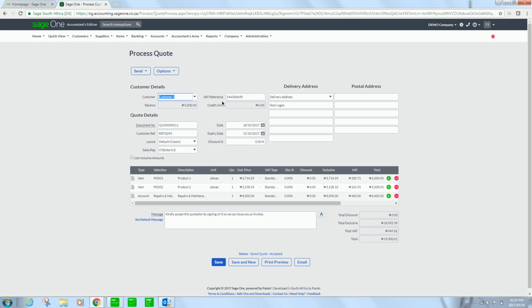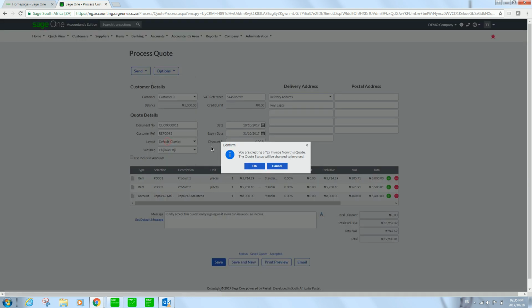Now we can raise the invoice from here, or we can leave this screen and go to the invoice screen and raise the invoice from there. I prefer to actually raise the invoice from here. From this quotation, since we have gotten the go ahead, I can create an invoice. So to say you are creating a tax invoice from this quote, the quote status will be changed to invoice,